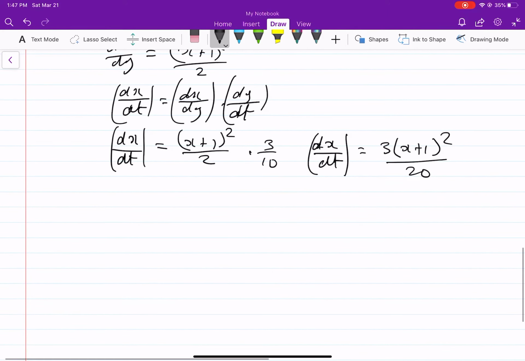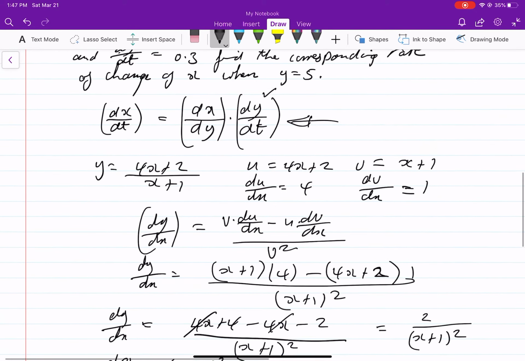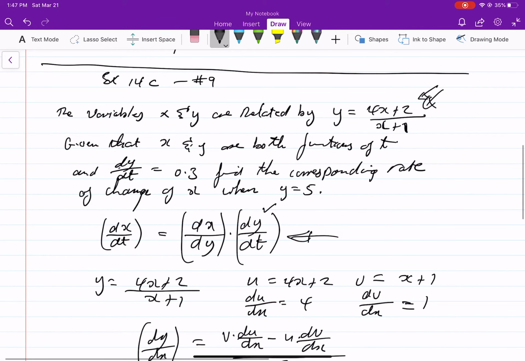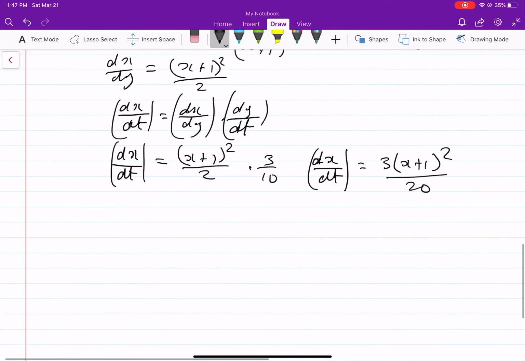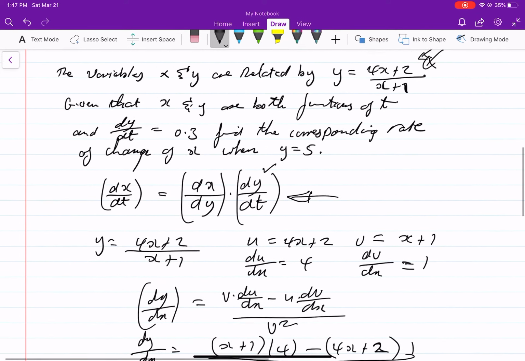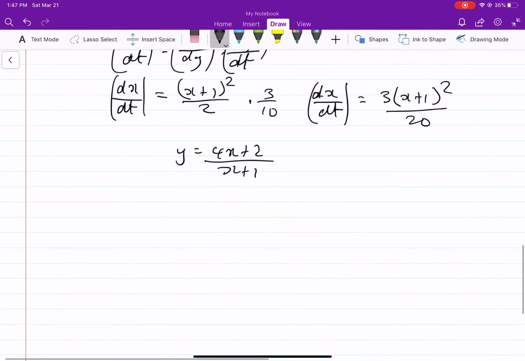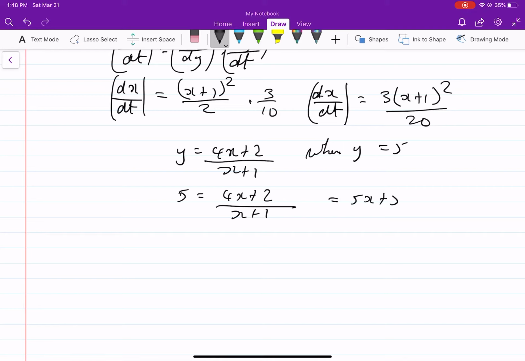So when y, notice dx/dt doesn't depend on y. If it had depended on y, no problem. You plug y in there and you're good to go. So we're going to write back the y function, which is given in terms of x. y is equal to (4x plus 2) upon (x plus 1). Double check. And when y is equal to 5, 5 is equal to (4x plus 2) upon (x plus 1). If we cross multiply, we get 5x plus 5 is equal to 4x plus 2, which makes x is equal